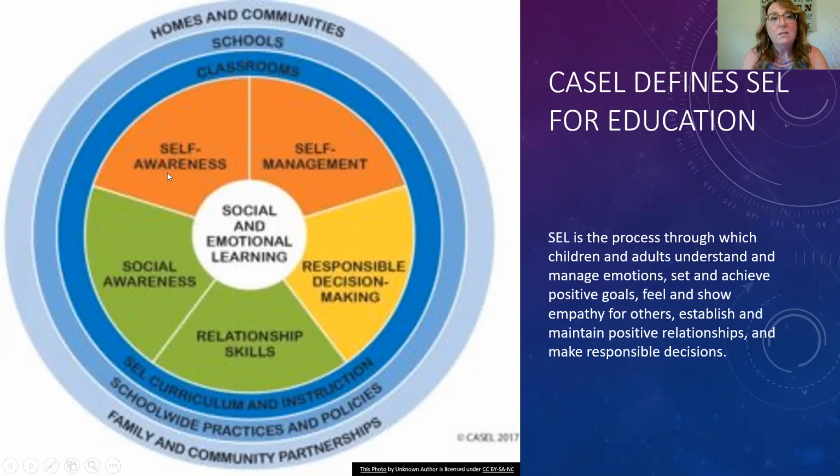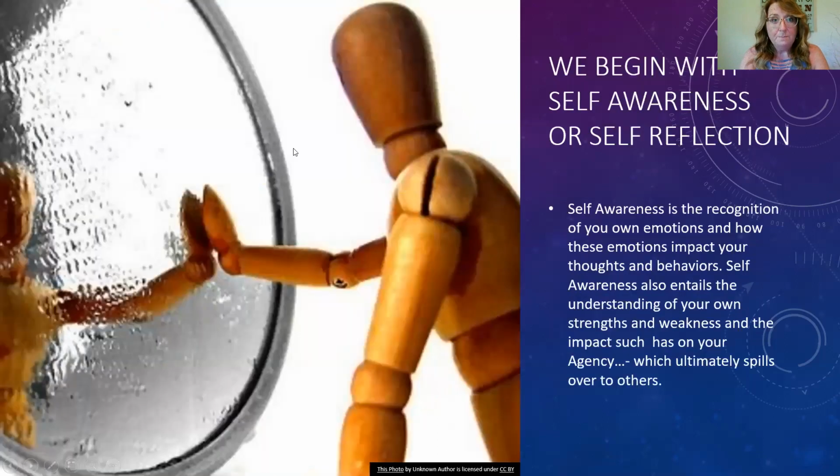Again, we start over here with self-awareness, move over to self-management, social awareness, relationship skills, and responsible decision making. This begins with the self, and we can see that setting that awareness for our classroom really changes the climate and culture of our schools, and it filters out into our homes and our communities as well. So as we begin this journey of SEL for ourselves, for adults, we begin with self-awareness,